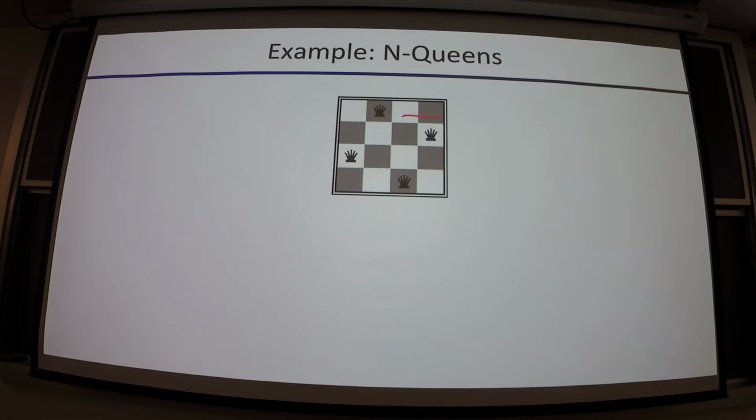The queen can go this way, right? It can go this way, it can go down, and it can go diagonal. Okay, so the idea here is that you have some n by n, generally n by n chess grid. You want to place n queens on it such that no queen is threatening another queen, right? You kind of want your chessboard to be peaceful in this way. Okay.